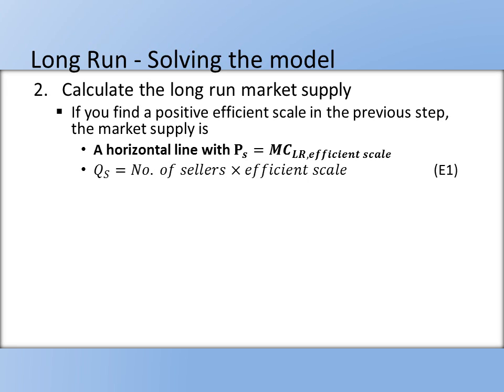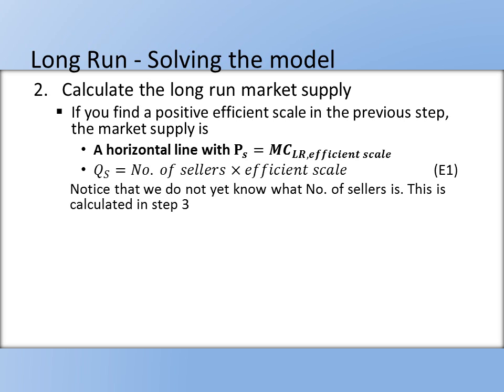Now, the supply also equals the number of sellers times the quantity they supply, which is the efficient scale. Now, how do we reconcile this with a horizontal line, as we said just now? This is possible because we do not yet know what the number of sellers is. In the long run, the number of sellers adjusts to meet demand,